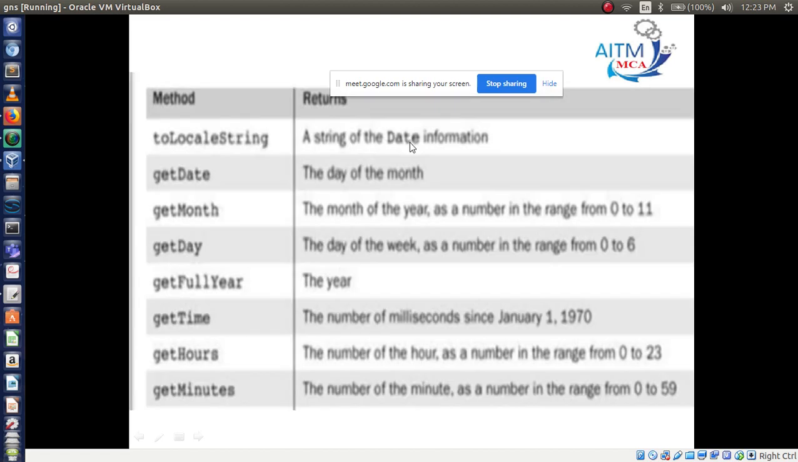Similarly, get day and full year, get time, hours and minutes. You can also display time and the total hours and minutes with the help of these methods: get minutes, get hours, get time. Okay,